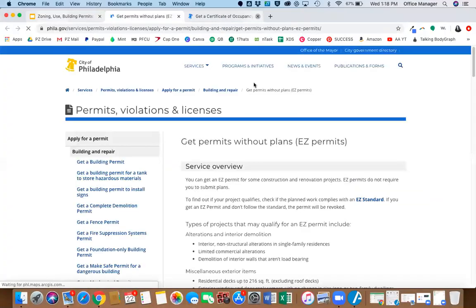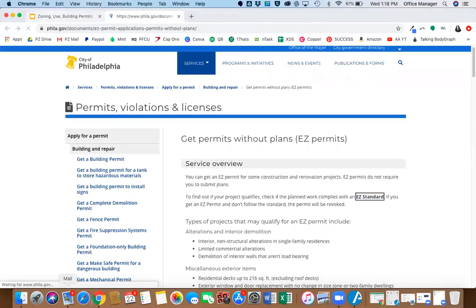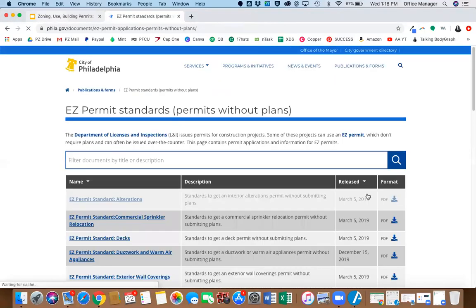Does occupancy affect easy permits? What do you mean? Like, for instance, if it's vacant, or if it's occupied by the owner, if it's occupied by the tenant, does that affect your easy permit? Yeah, I know there's a new rule around owner occupied. They're kind of coming down